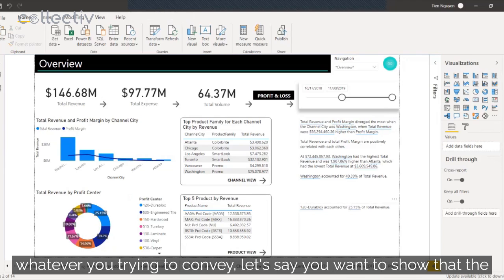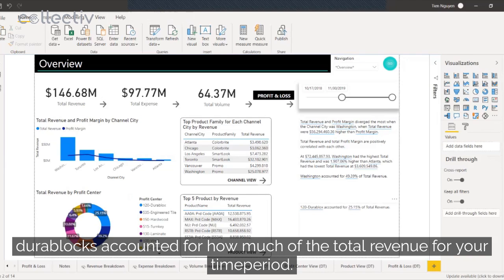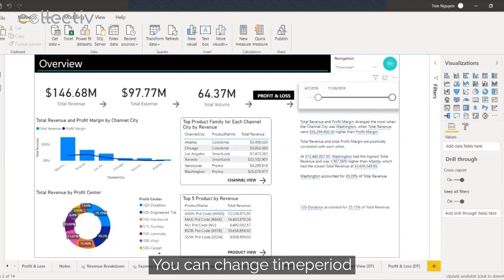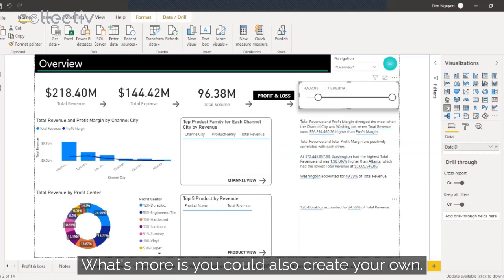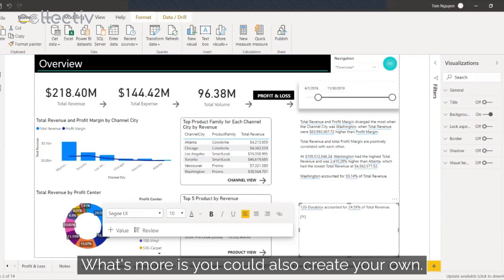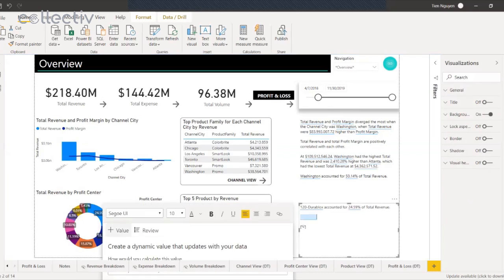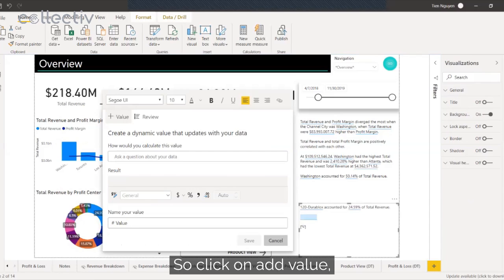Let's say you want to show that Durablocks accounted for how much of the total revenue. For your time period, you can change the time period here to see this number change here. What's more is you could also create your own. Let's click on add value